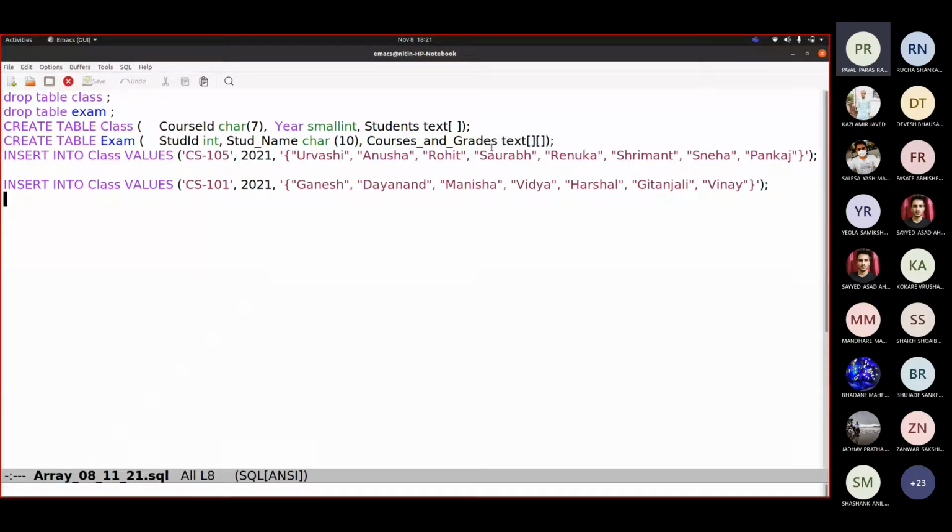You can simply write this way as well. Like if at all you want to insert into class values CS 301 2021 single quote, curly bracket, double quote, say Ramesh, Surya, Sunidhi, correct. And then suppose you are done, you close the curly bracket, then single quote complete, and then bracket, correct. So if you save this,